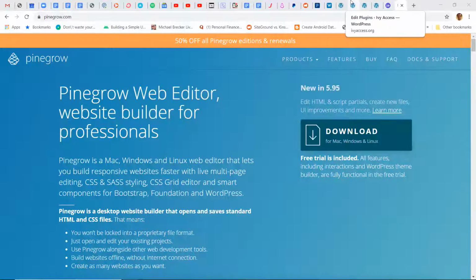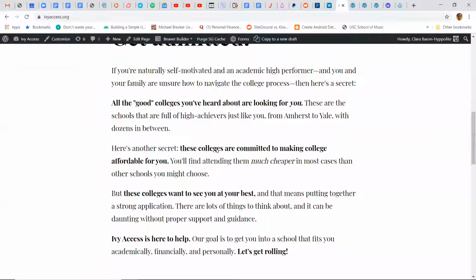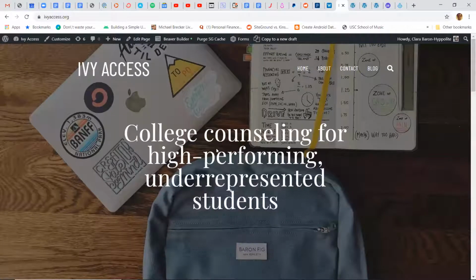But what I feel like could be helpful is just some thinking out loud about my own workflows. It's not to say Pinegrow is a good idea or a bad idea. Again, I have absolutely no idea, but I'll just tell you how I approach building simple websites with WordPress. So what I use is a starter theme, usually either Astra or the Beaver Builder theme. In this case, I chose the Beaver Builder theme. And I do like the Beaver Builder theme.